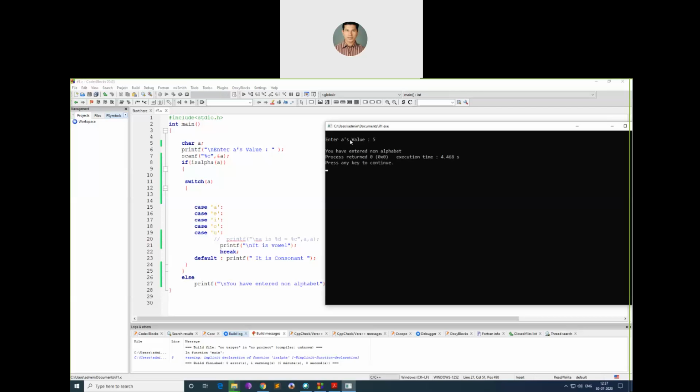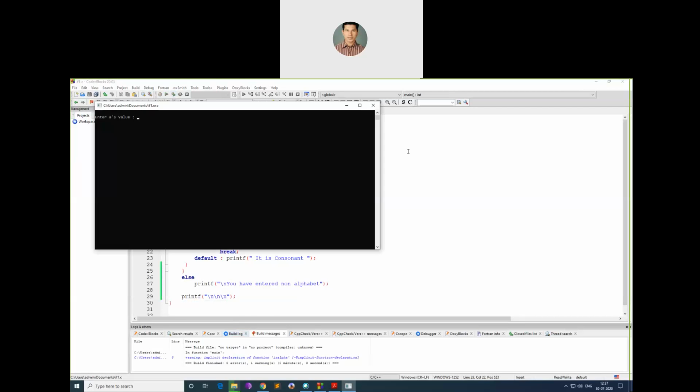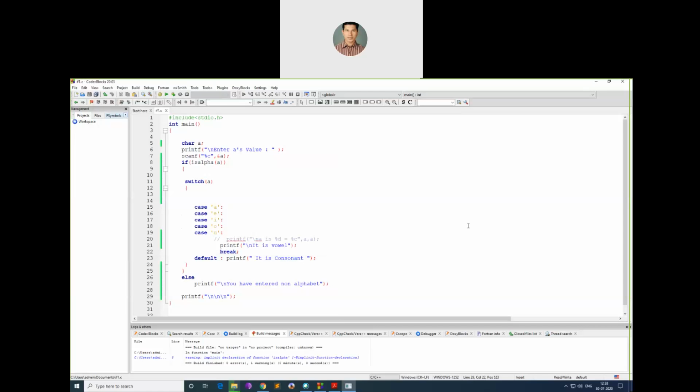Now all these messages, the 1, 2, 3 lines, come continuously, isn't it? So we'll not be able to properly tell what is the input and what is the output. This is one problem with Code::Blocks. So what I can do is enter some blank lines at the end. This will help me to at least distinguish between the result and the screen's output, like press any key. If I enter 5, you entered non-alphabet. You can print a proper message, anything you like.